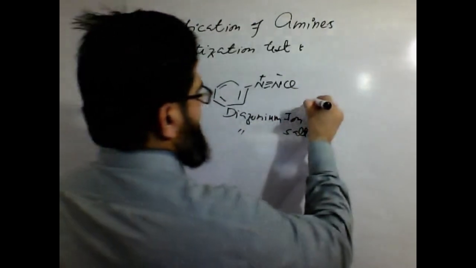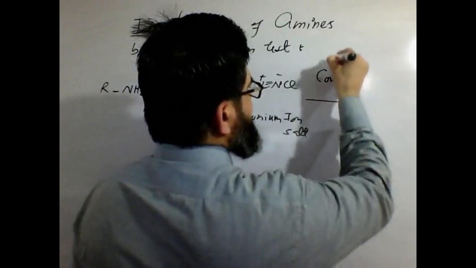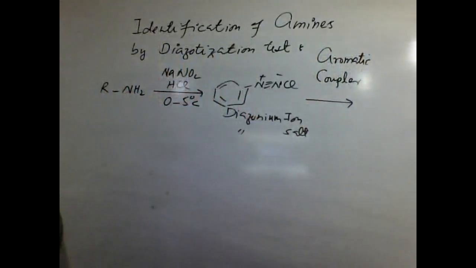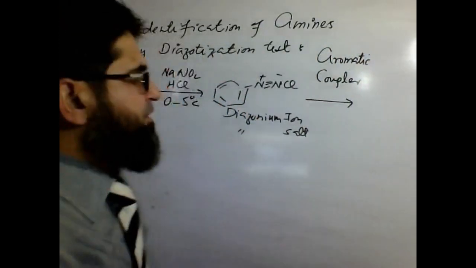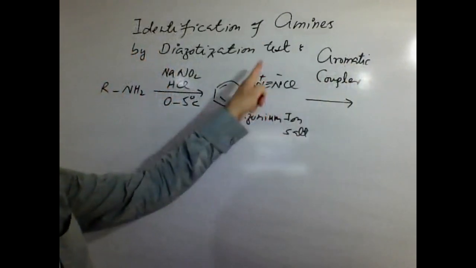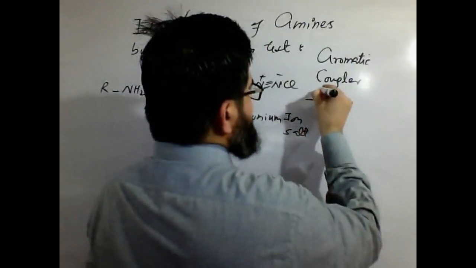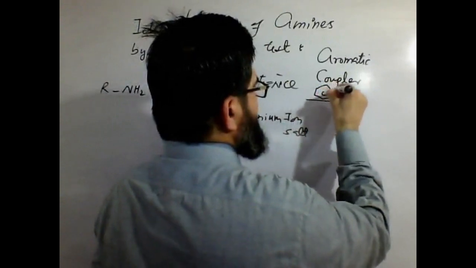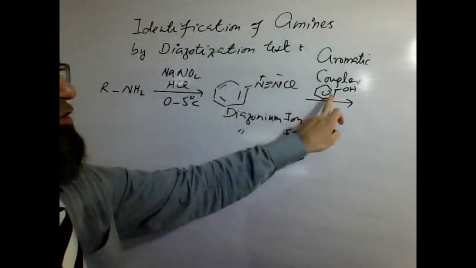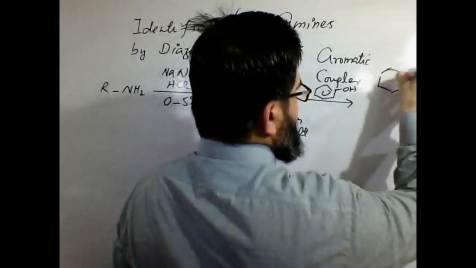Then, as just explained, we need some sort of coupler, usually an aromatic compound, an aromatic ring. The presence of benzene is required for the coupling of this electrophile on benzene under electrophilic substitution reaction. Let's say we have used a phenol over here, so this electrophile could react on the aromatic ring at ortho and para positions, giving us the corresponding products.